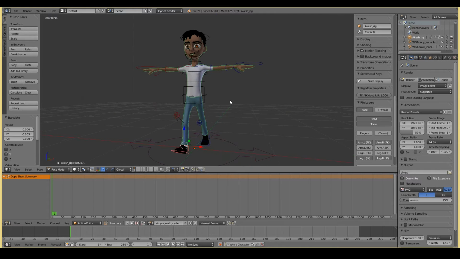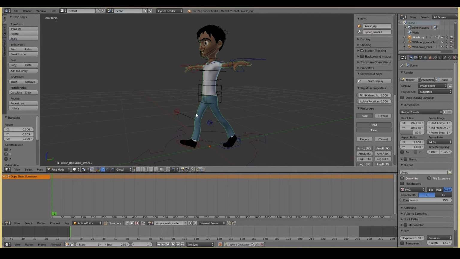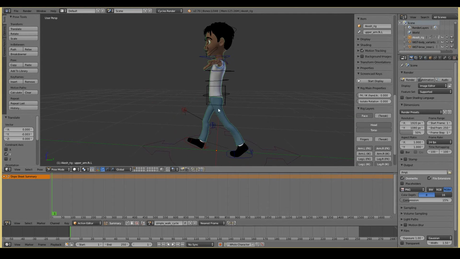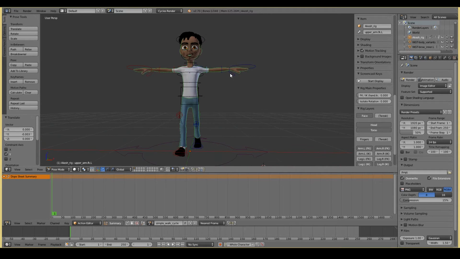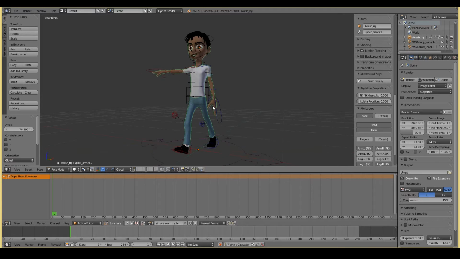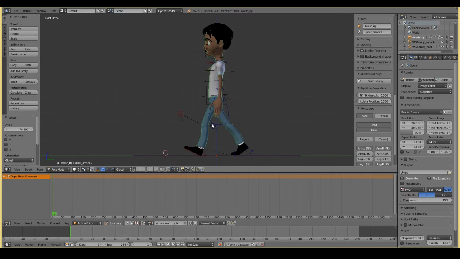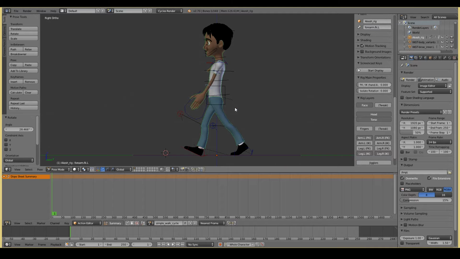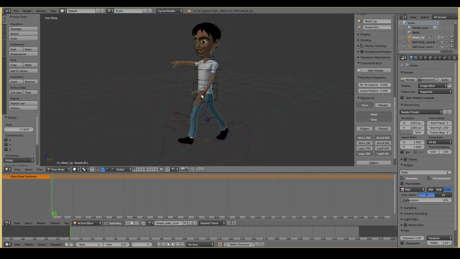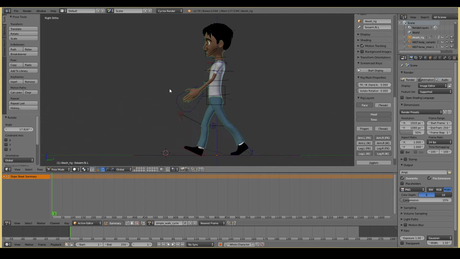Now, another trick when you're creating walk cycles is you want to have the arms swing in the opposite direction of the legs. So what I mean by that is, let's just pose a hand by the side like that. And if I go to the side, you can see that this leg is going back. So his left leg is going back, so his left hand has to go in the opposite direction. It has to go front. And maybe I can just add in a little bit of a bend there. Okay. And there we have pretty much our basic pose.